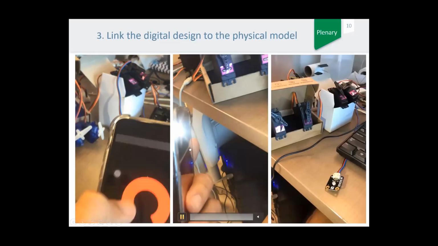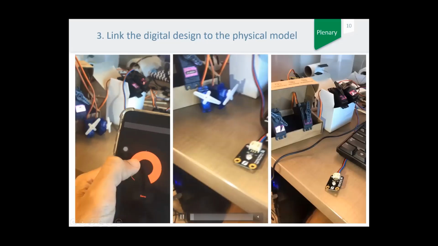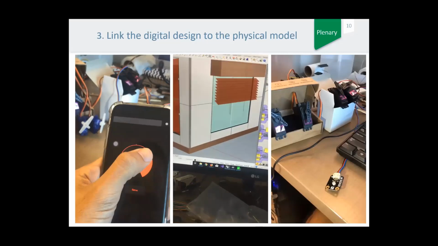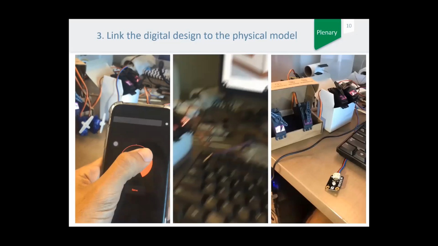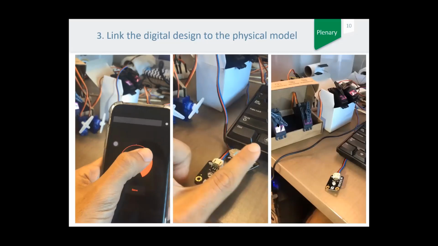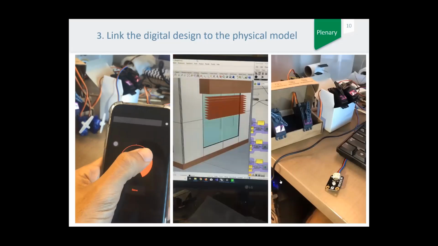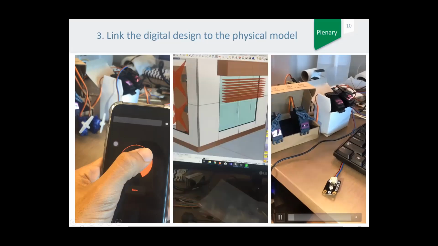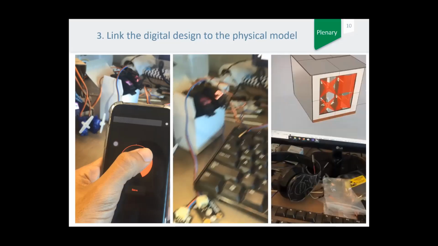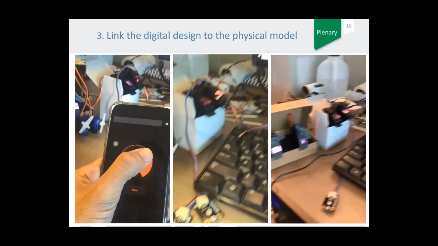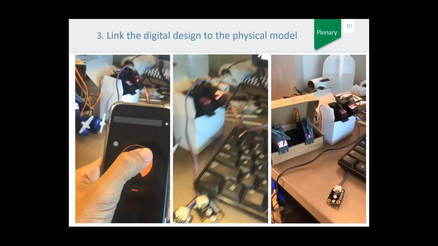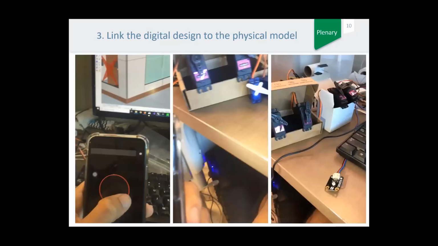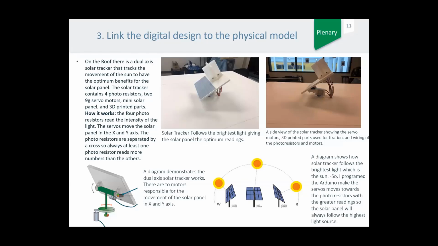And here's the example of why I'm using light sensors: to control the facade based on the intensity of light the interior space requires. Here are also the four different motors, based on the light intensity. I also made a solar tracker that tracks the most